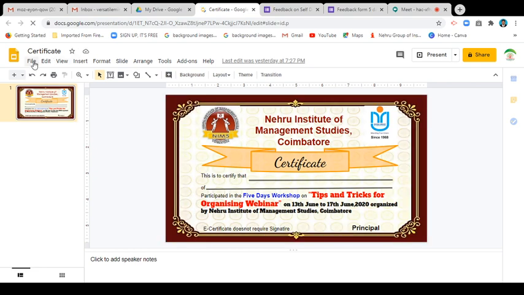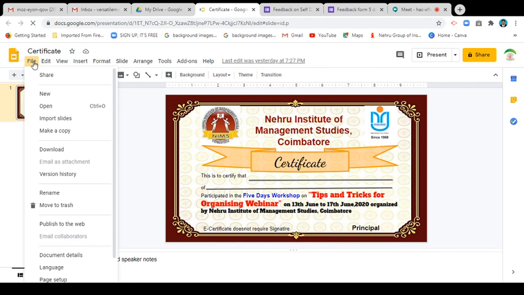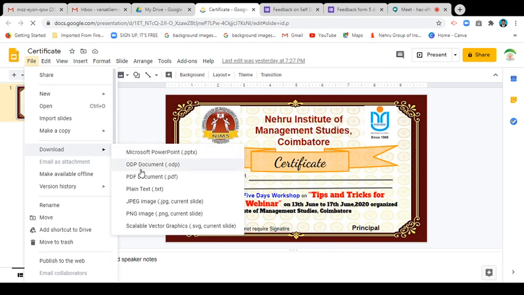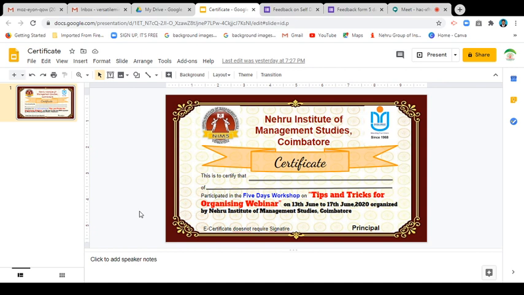So you click the File button and it comes with the download options. In that, so many options are coming. You can click, it may be the PNG image file. Automatically the PNG image file we're going to store in a separate folder.